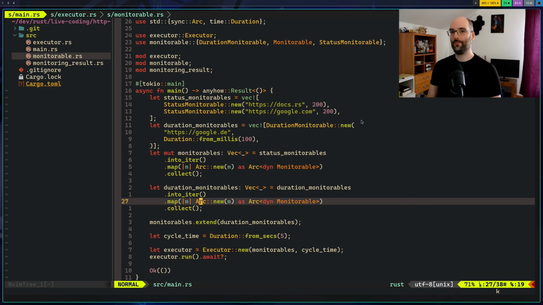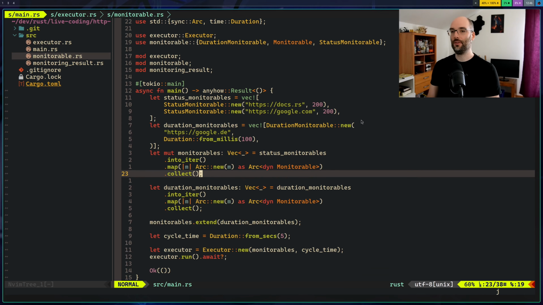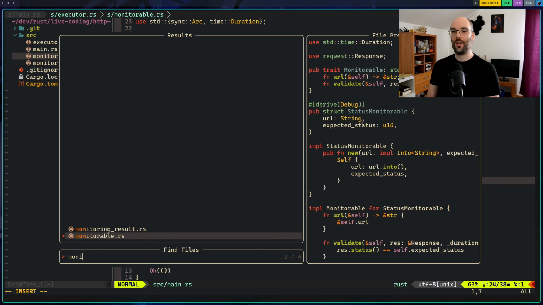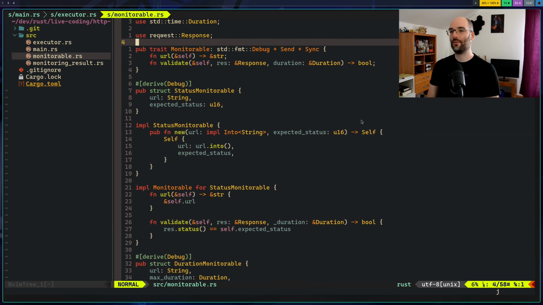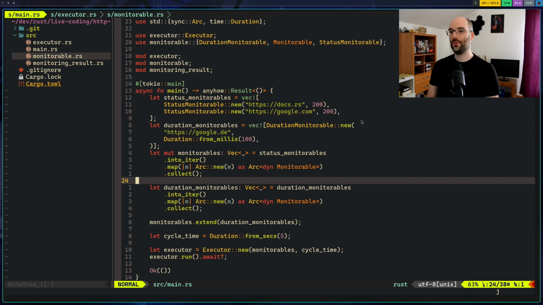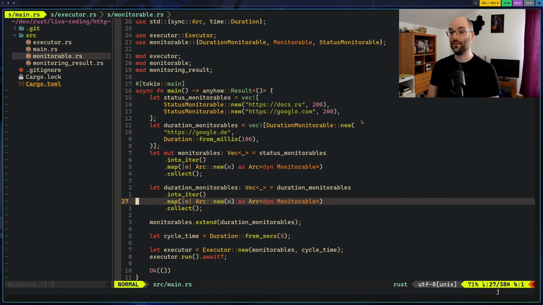However, I'd like to do this with serde, so at least the deserialization, so when we read this stuff. And we can't read into trait objects. So we can't read into dyn Monitorables, which is exactly what we are using here though.